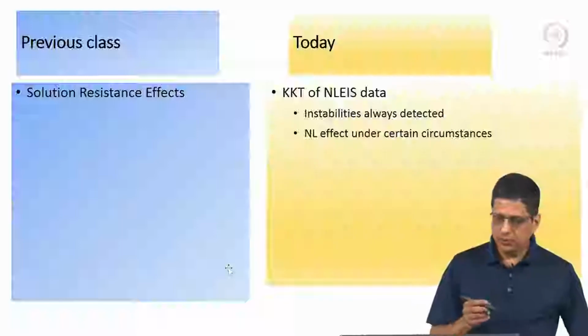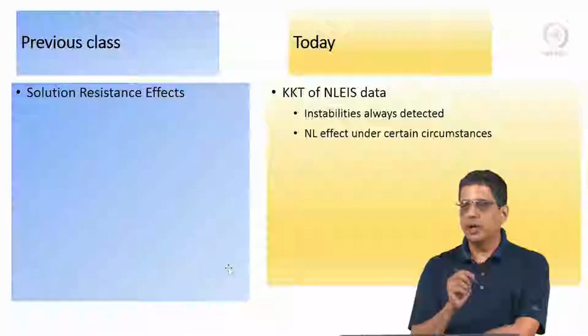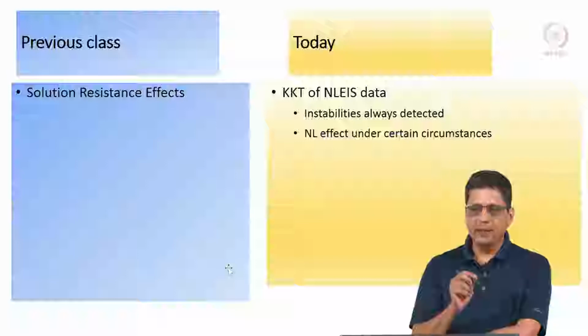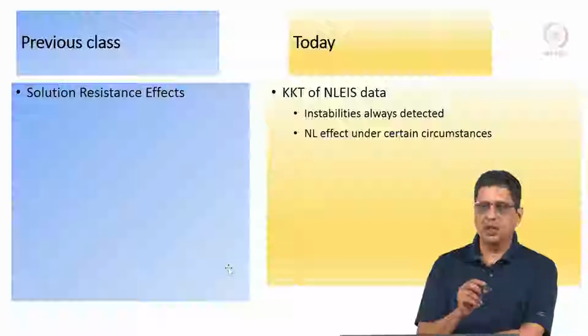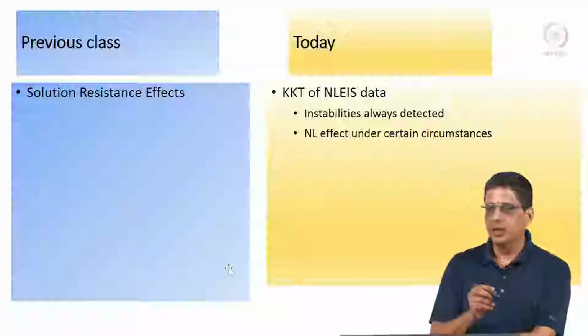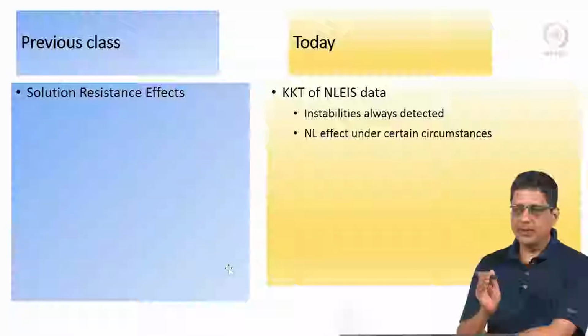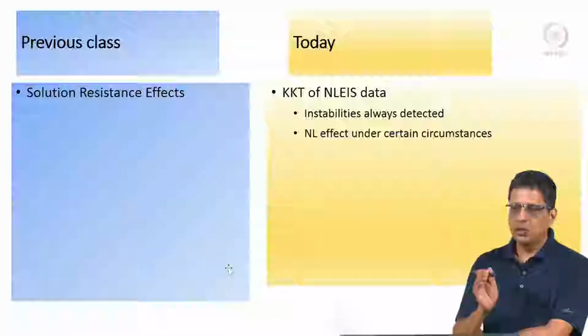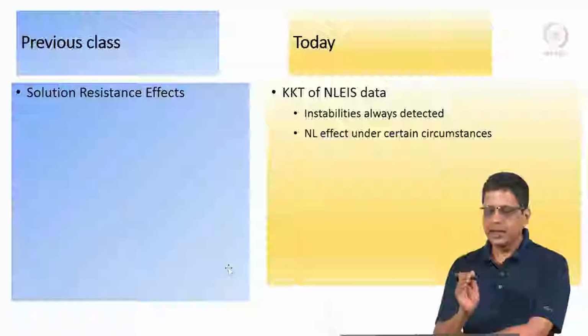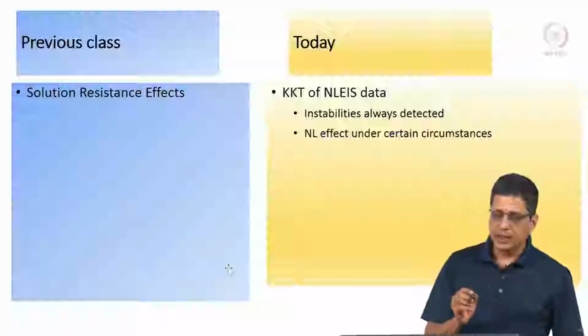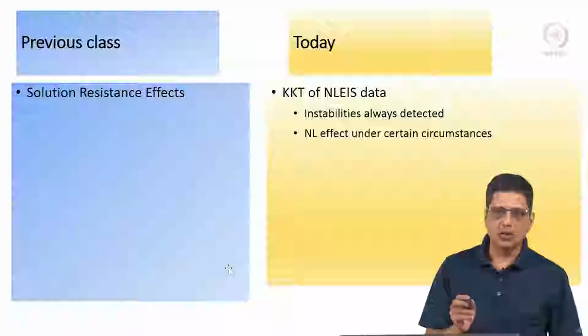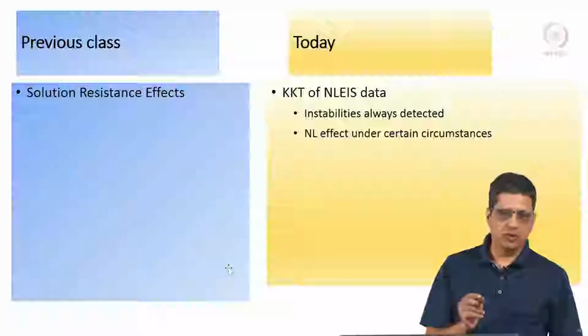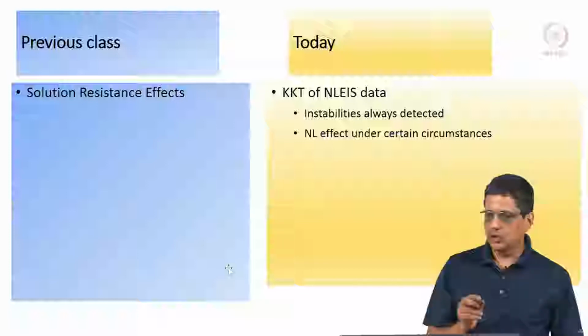Now, I want to show you what happens when you apply KKT on data that comes from large amplitude perturbation. When we apply KKT, will it always detect nonlinearity, or will it detect sometimes and flag it as OK? And the other thing is, we have also seen that the code can be modified to account for instabilities and generate the spectrum when we have instability, and whether KKT does a good job in detecting the instabilities.